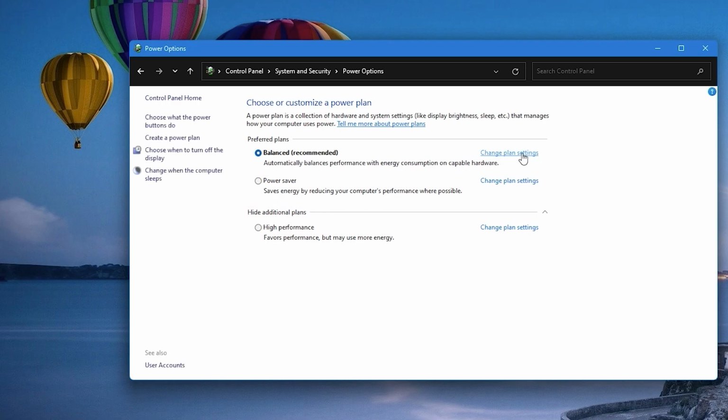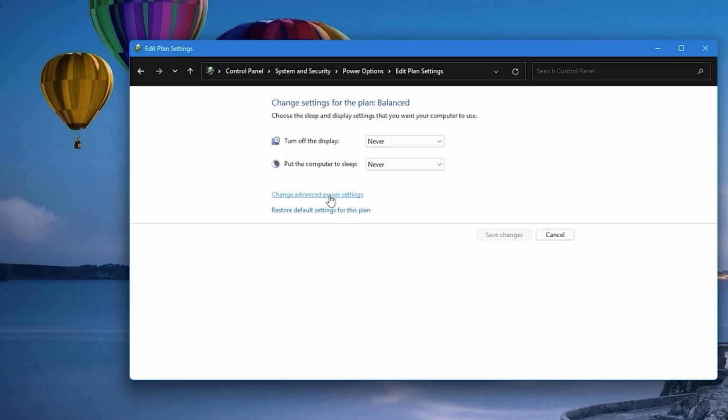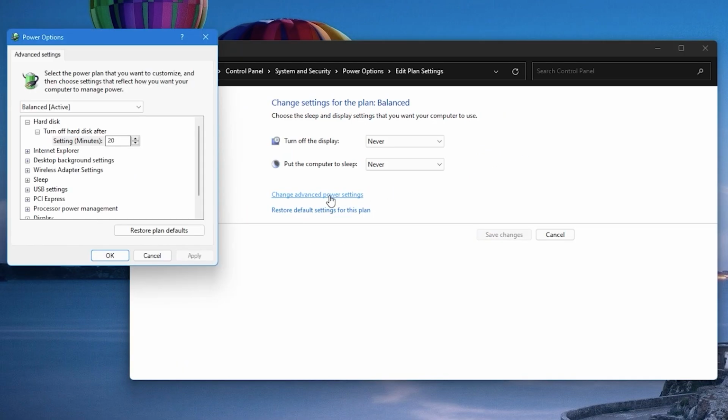Now click on the Change Plan Settings option located next to the currently active power plan. Then click on this Change Advanced Power Settings option. Immediately after clicking, a new window will open. In this window, scroll down until you find the Processor Power Management option and then click on the plus icon